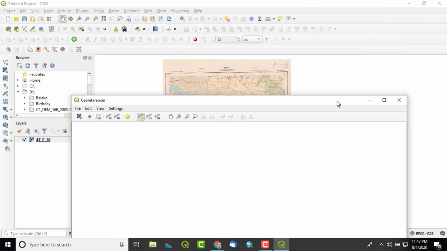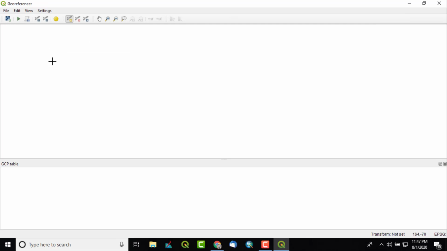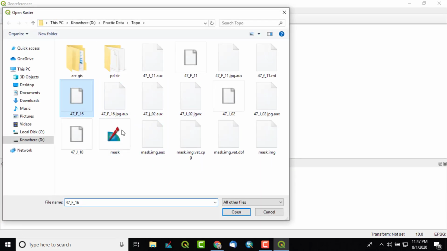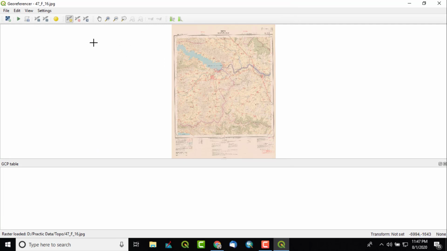A new window has appeared, so I will maximize it, and again we have to add the topo sheet from here with the help of the open raster option. I'll add the same topo sheet here also, and we have to take the points where we have the coordinates on the map.